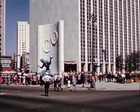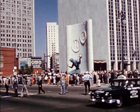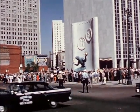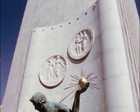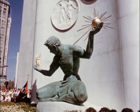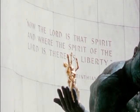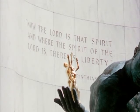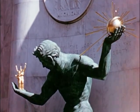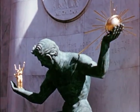The spirit of Detroit gives the ultimate finishing touch to the spiritual emphasis and significance of the symbol wall of the city-county building. For this Vermont marble wall, Mr. Fredericks incorporated two great 10.5-foot seals, one of Wayne County and the other the city of Detroit. Below the seals, this inscription: "Now the Lord is that Spirit, and where the Spirit of the Lord is, there is liberty." Highlighting this scriptural concept is the gilded bronze symbol of God, a perfect sphere, complete in itself, with